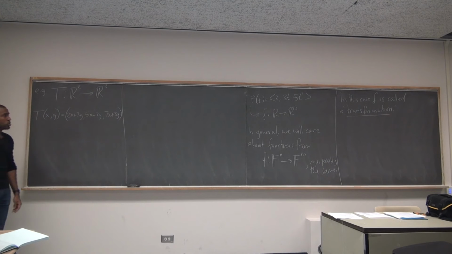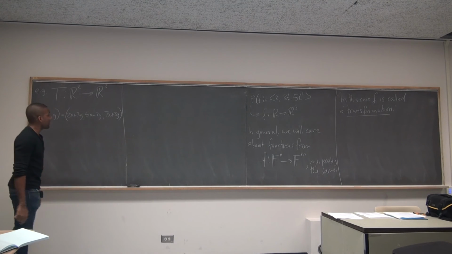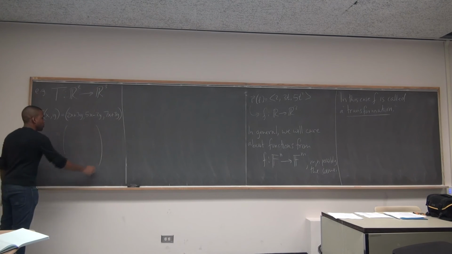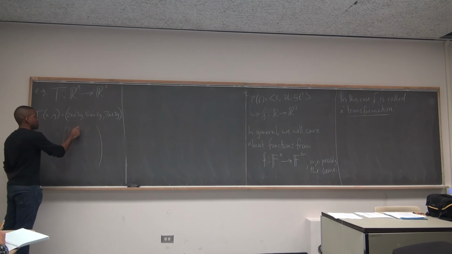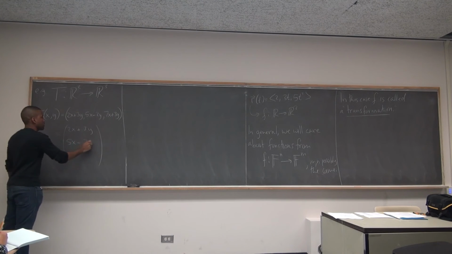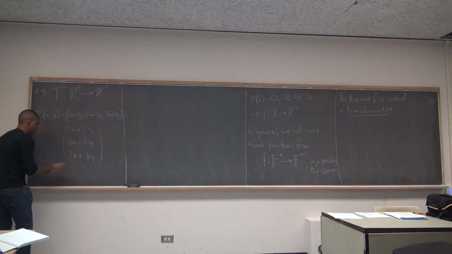So a lot of times what we do is we try to write things in a different way. So we might think of row vectors, sometimes write it as column vectors. Right? So I'll put the first guy up here. The second guy I put on the second line. Third guy I put on the last line. For convenience.